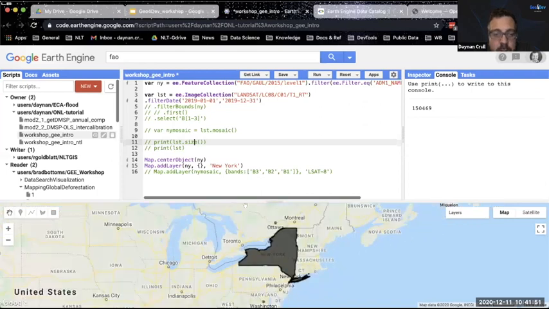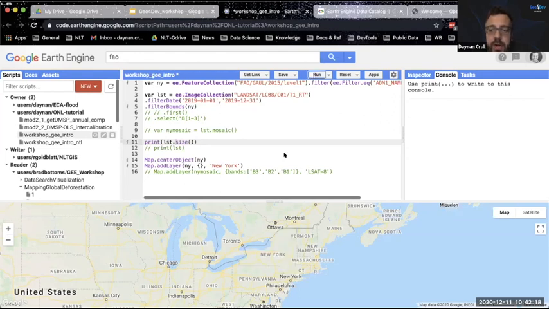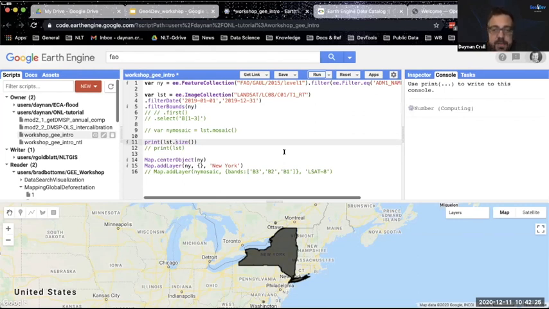And so what do we want to do? If we filter to New York, this is a comment. If you've used Google Earth Engine, I've had a few folks who have had this question. When you filter on New York, all you're doing is saying, okay, of this collection of 150,000 images, I only want the images that intersect with this geometry of New York. I'm not clipping my data to that yet. I'm just saying, of all of these images, only give me the ones that touch New York. And so you can see that the number of those images is a much smaller number. And that's because we're obviously dealing with a smaller area.